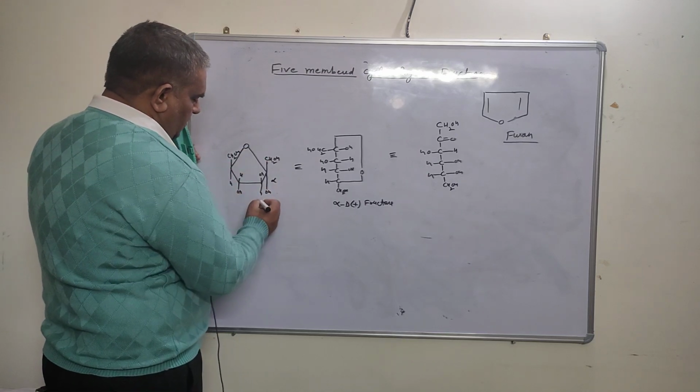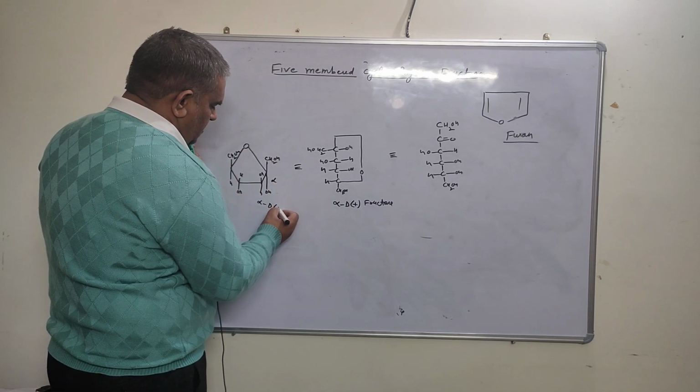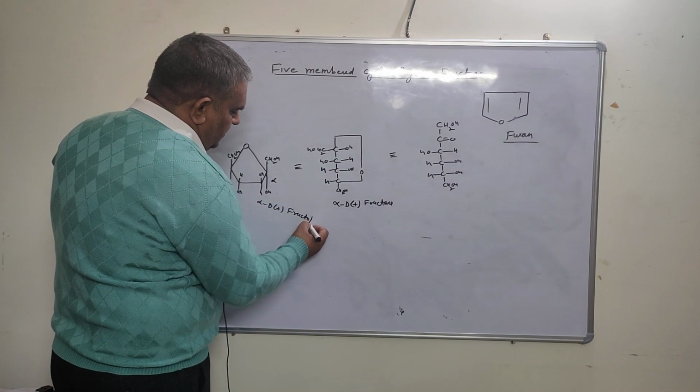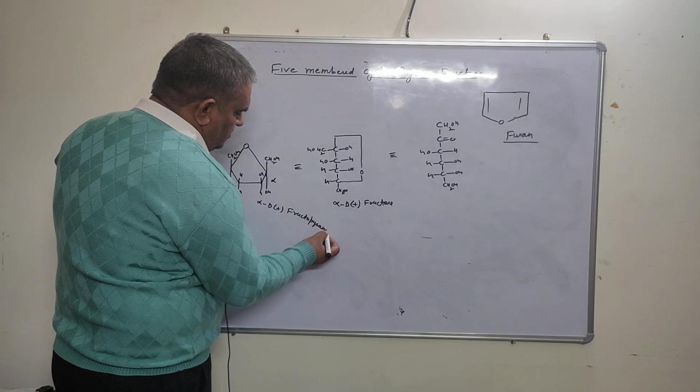This is the alpha D fructofuranose, this 5 membered ring।